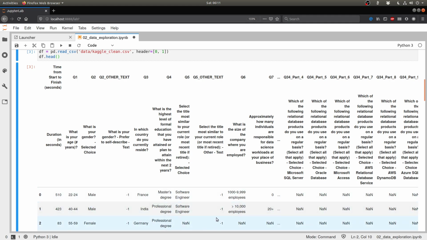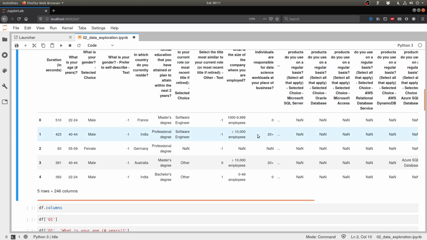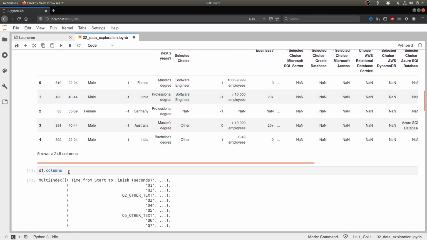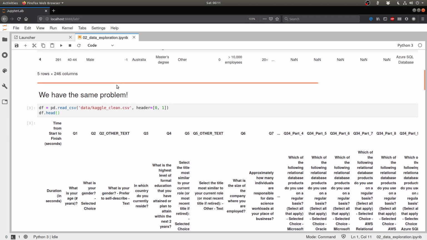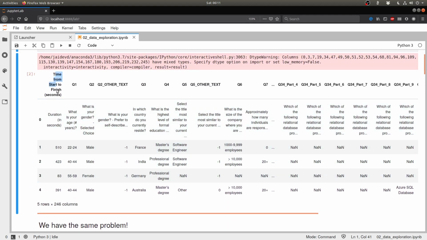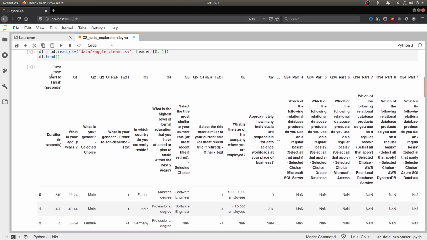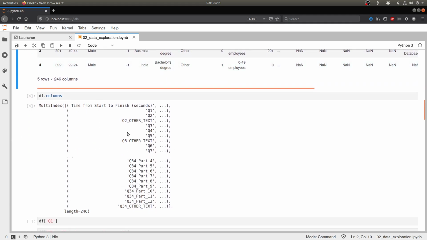But here, since my data frame has gotten a little complicated because of the header, I don't know what to do with this extra text. So here's one way to do it. If we simply look at the columns, here's what it's going to give me. It basically tells me that it's a multi-index instead of a single index as we have seen earlier. What a multi-index means is that the data is being indexed by two values, not one value. So essentially, earlier we had columns which were indexed just by this particular header. Now we have columns which are being indexed by two headers at a time, not one header, right? So that's what a multi-index means.